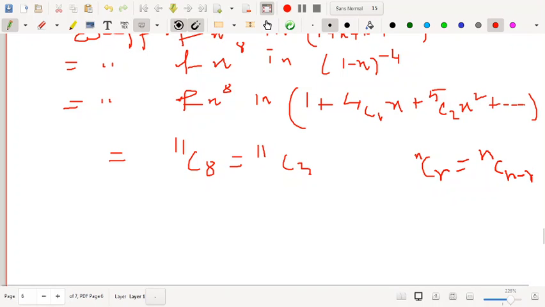Clear? So this is how you are dealing with distinct objects, distinct boxes, identical objects, distinct boxes. So a lot of complication, but if you watch this video later on repeatedly, you will understand the concept, and you can solve so many problems in IIT, JEE and all over, all the competitive exams.